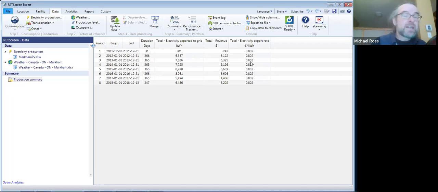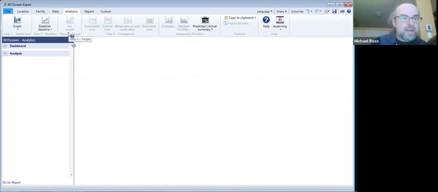Seems really high, but that actually is the correct number. This was an old project done under Ontario's feed-in tariff program, which had 80.2 cents a kilowatt hour. So let's go now to the next tab where we will try and develop that equation that relates the kilowatt